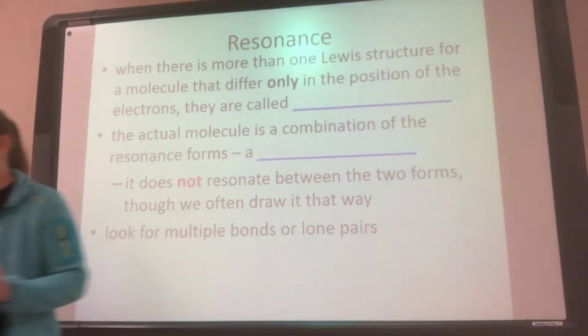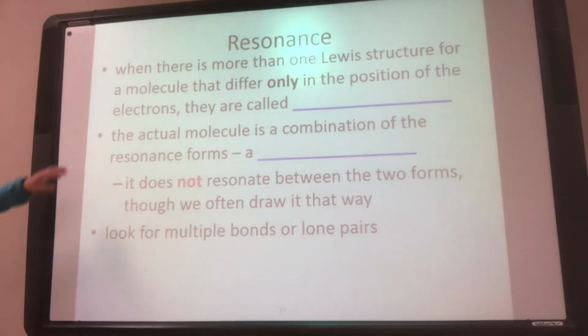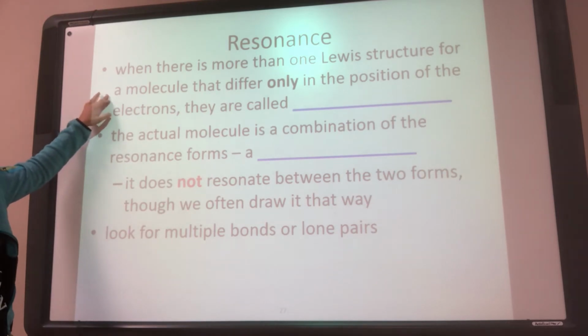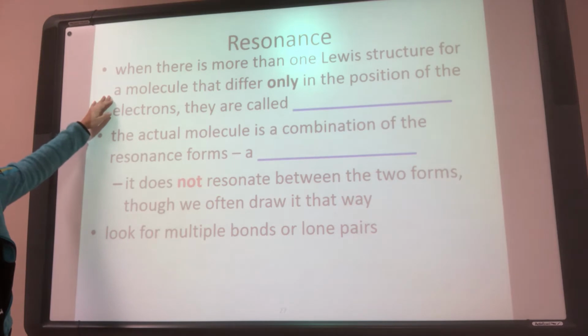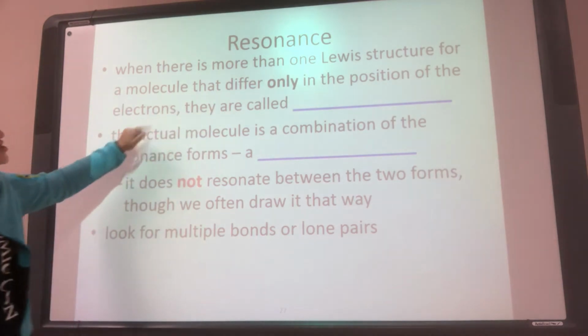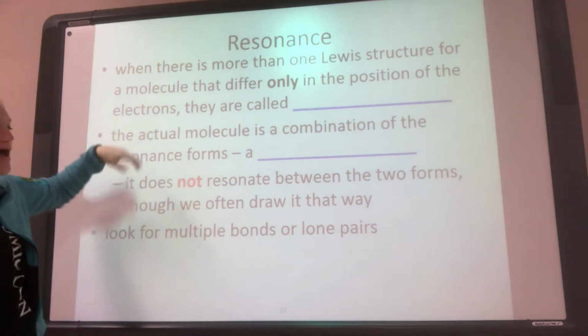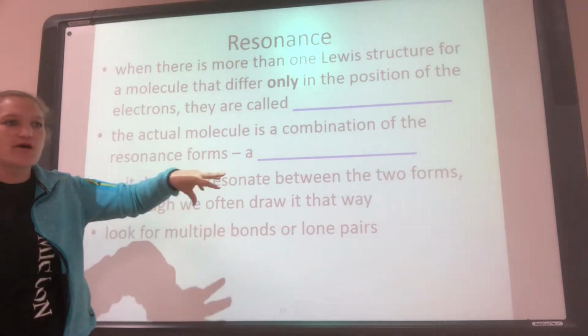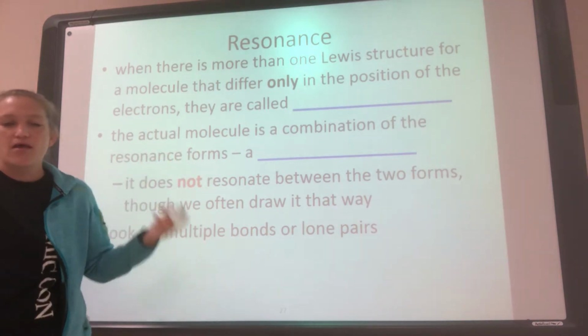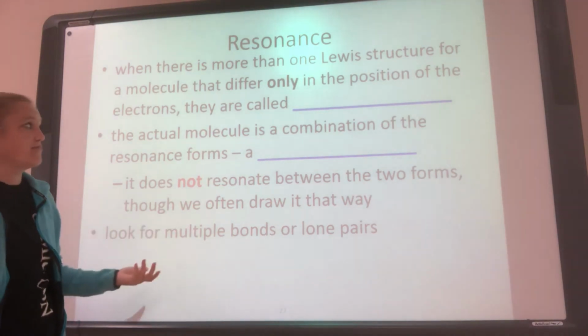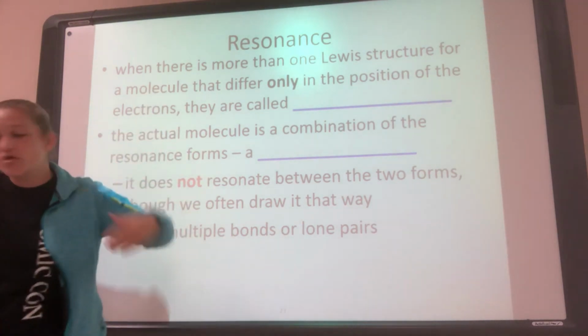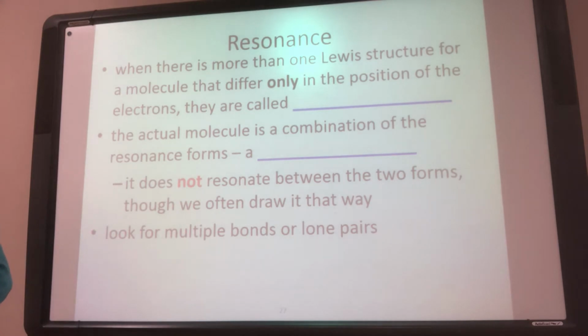What resonance is. Sometimes there's more than one Lewis structure for a molecule, and they only differ in the position of the electrons. Meaning I could make that double bond in any of my choices, and all my choices were the same, like they were equivalent. So if I have more than one Lewis structure, these Lewis structures are going to now be called resonance